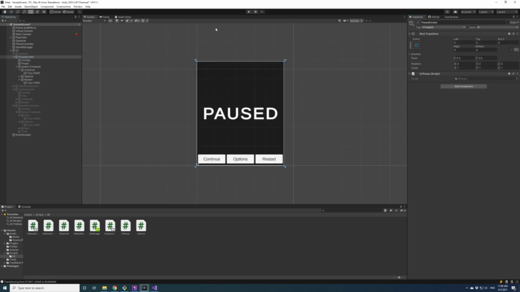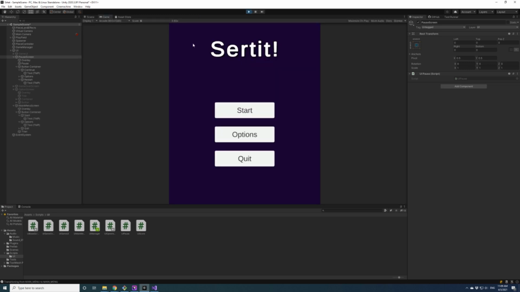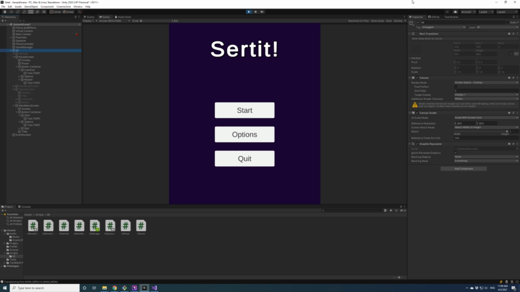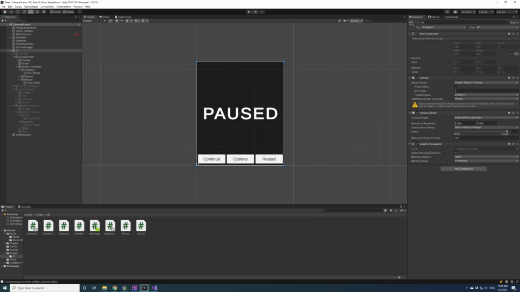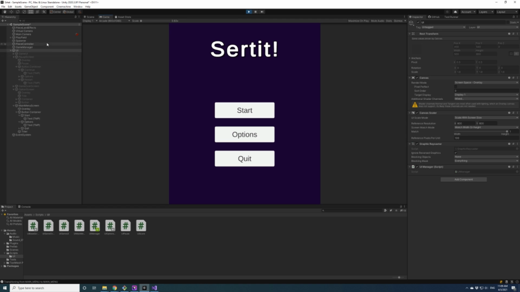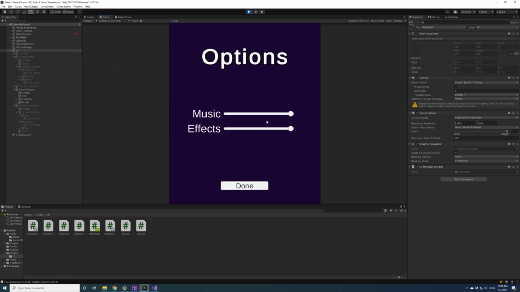So if we leave the pause screen up and we start, why didn't it, no, we didn't actually touch it. UI manager, there we go. Okay, yep, pause screen is disabled.